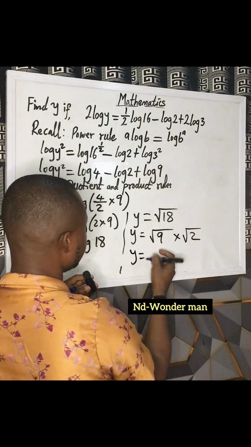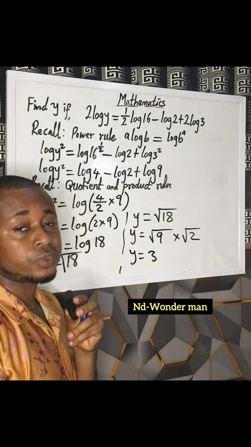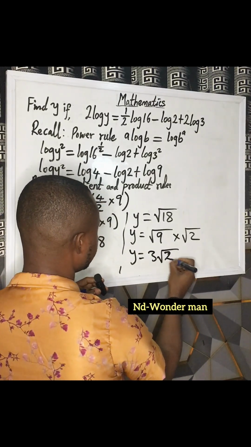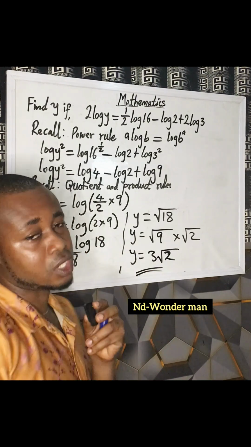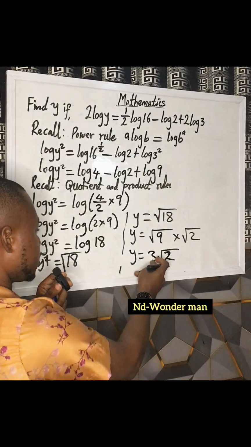So y is going to be square root of 9 is 3. Of course, 2 is not a perfect square, so we drop it in surd form, which is root 2. That becomes our final answer. So the value of y in this logarithmic equation is